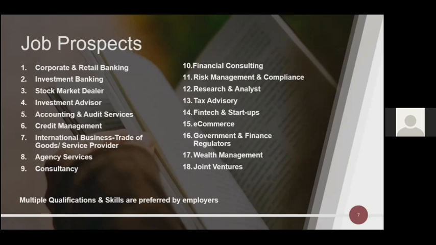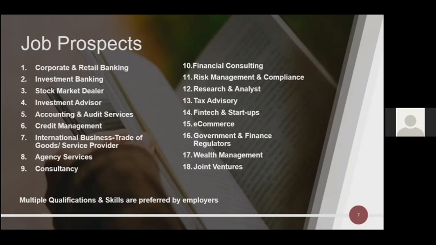So if you're doing a business on a domestic level or on an international level, may it be for providing goods or providing services, you need to have in-depth knowledge of commerce and also stay updated with the latest notifications. Then we have agency services, consulting, you can be a freelancer and so on. Financial consulting. Now when I talked previously about consultancy, it can be into operations as well and so on. So consultancy can be in any area.